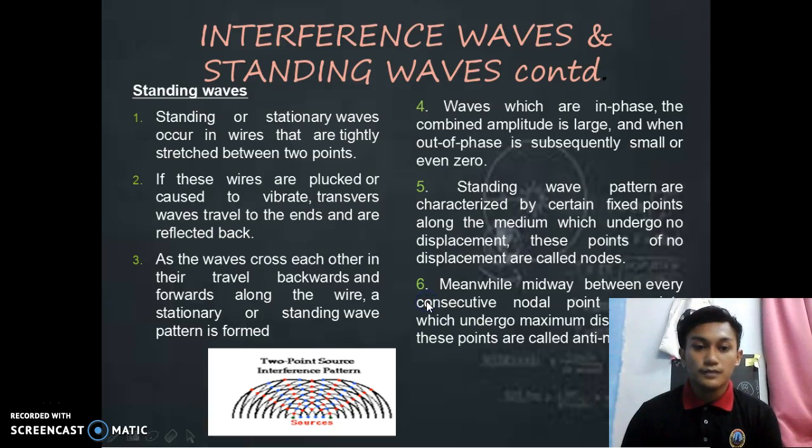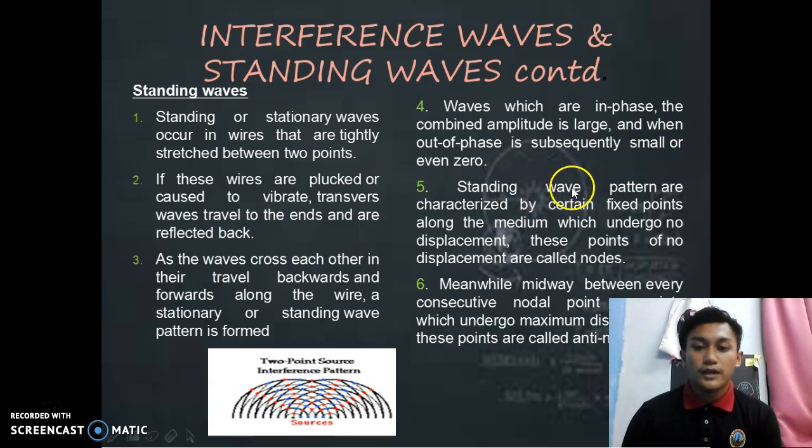Standing wave. A standing wave, or stationary wave, occurs on a wire tightly stretched between two points. If this wire is plucked or caused to vibrate, transverse waves travel along it and the ends reflect them back. These waves meet each other as they travel backward and forward along the wire, and a stationary or standing wave pattern is formed. When wave heights are in phase, the combined amplitude is large, and when out of phase, it is small or